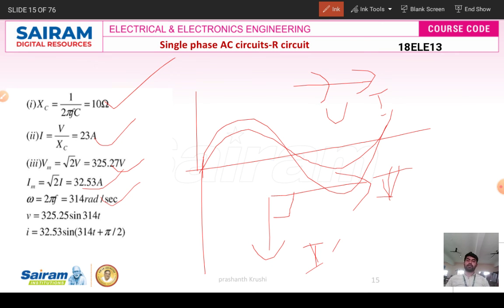So this is how the power, current and voltage waveforms would be. Also, pure capacitor and pure inductance do not consume any power, but they store the energy in the form of electric field for capacitor and magnetic field for inductance. That's all. For resistance, it consumes some power. Loss will be there, I square R losses. Power is equal to VI. Okay, so thank you so much. This would be like the C circuit, not the R circuit.